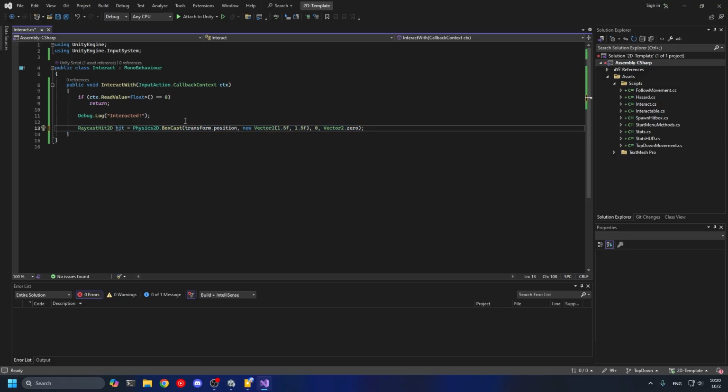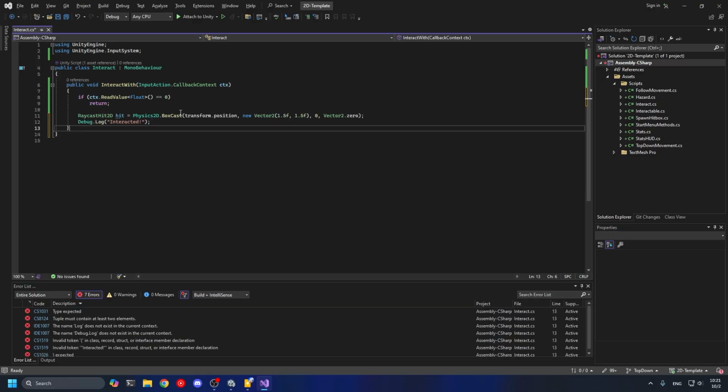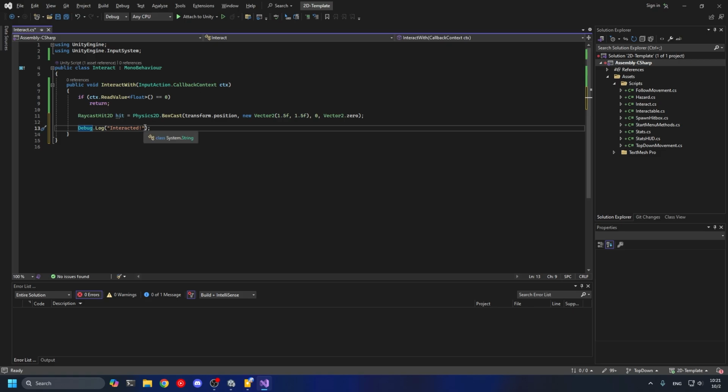What we're going to do is this Debug.Log interacted thing, we're going to hold down Alt and move it down. Oopsies, that was too much. We're going to hold down Alt and move it down. Oh, that didn't work. Okay. And instead of just saying interacted, we want to say what we interacted with. So we're going to delete that, and inside the parentheses instead say